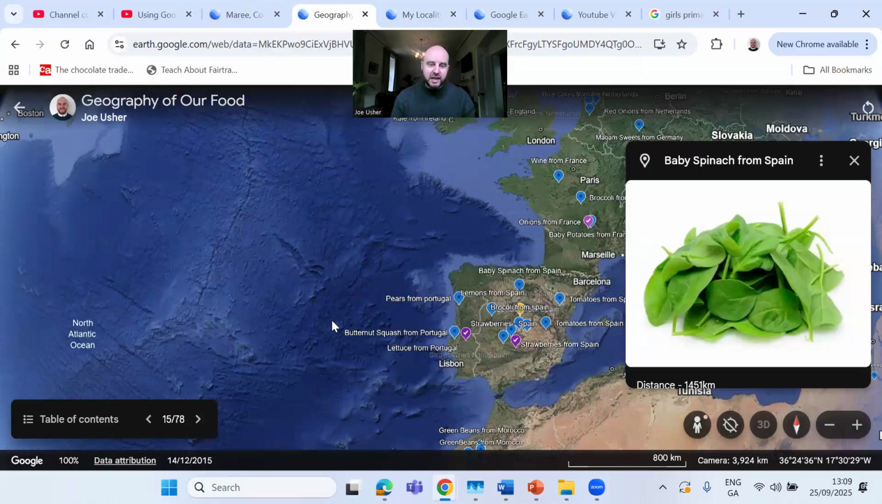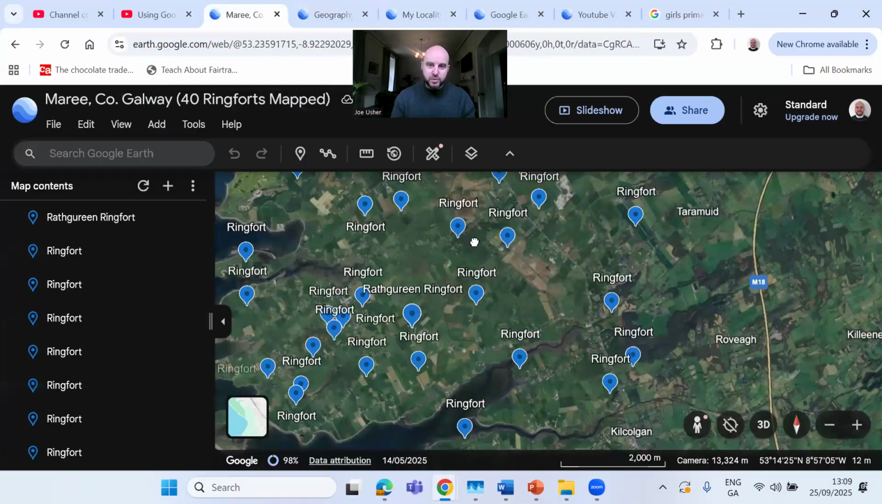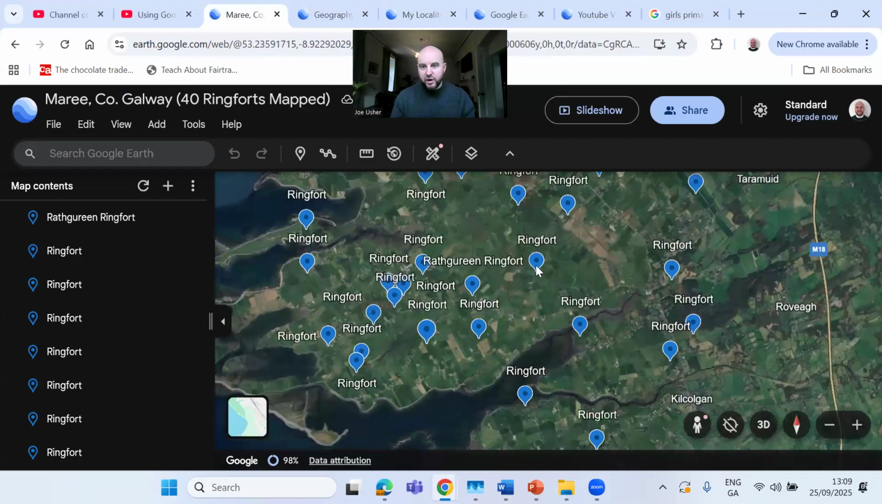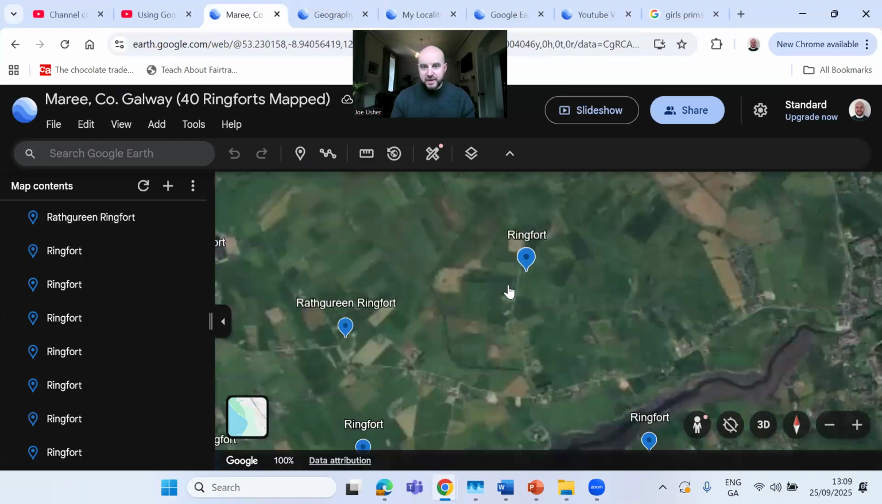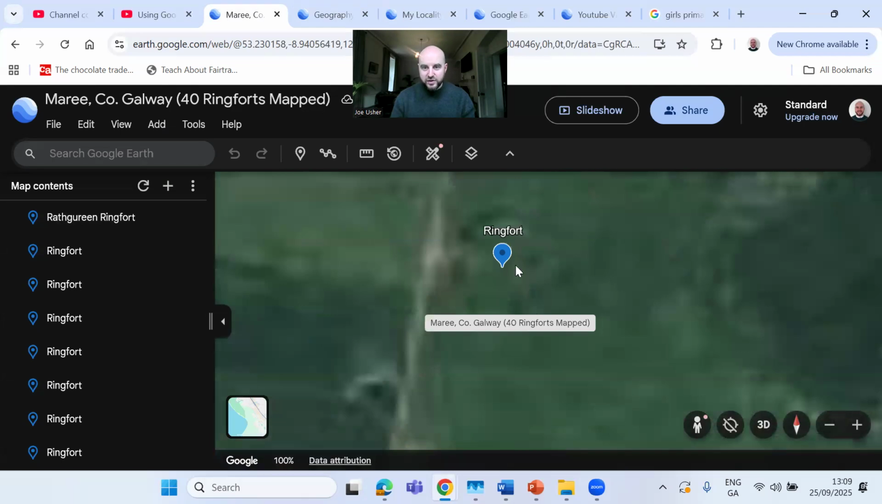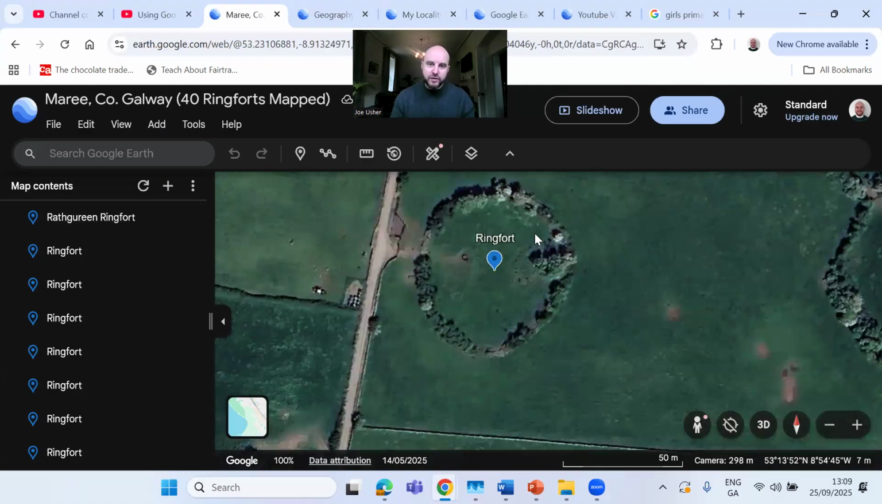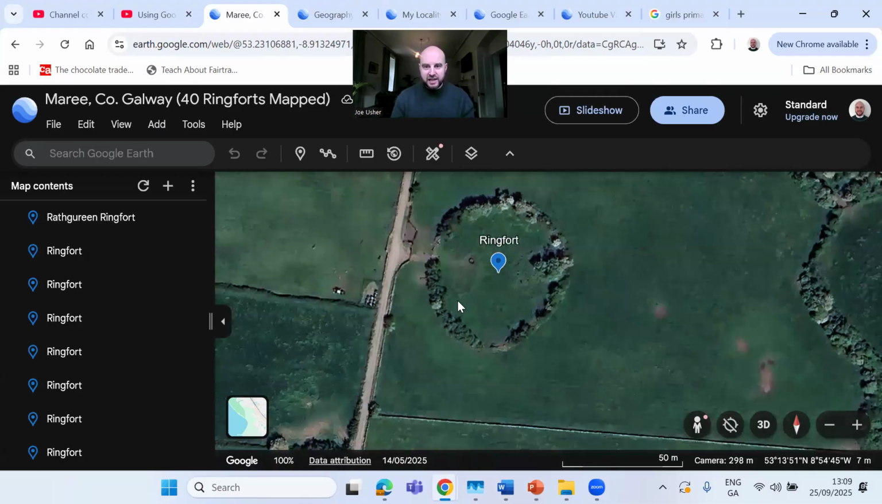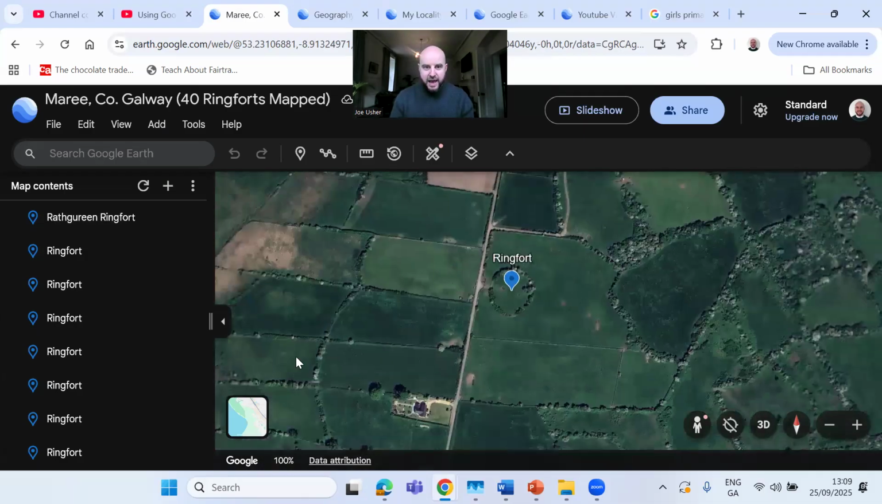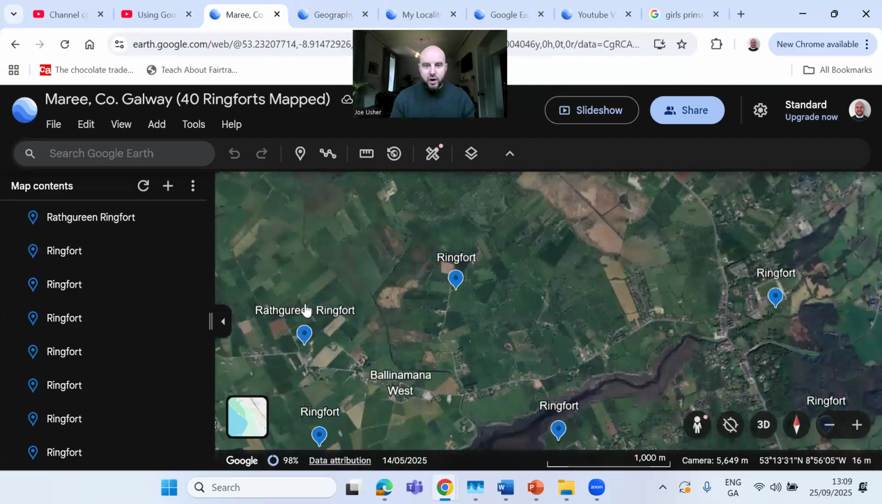Another project I've done as well is looking at ring forts. So it was a ring fort project, ring forts around Galway. We actually mapped them and got to see, well, what makes them a ring fort? What do they actually look like? For children to understand how you can identify a ring fort. Why are there trees there now? Like, are they fairy forts, the superstitions around maybe farmers not mowing them or farming with them,